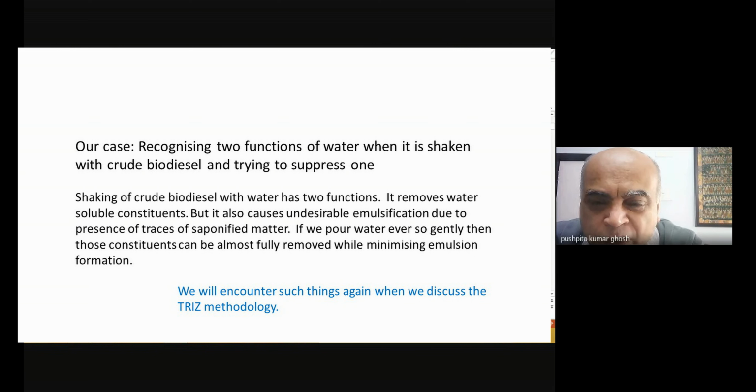Okay, and we also had a device whereby we could keep the two phases partitioned, like some kind of a butterfly valve or something, and then you just take out that valve or open the valve. What happens is that the only flow of water that takes place is the flow under gravity, and so obviously the water will move towards the bottom, and the oil phase will be on top, and in going through the oil phase, it of course removes